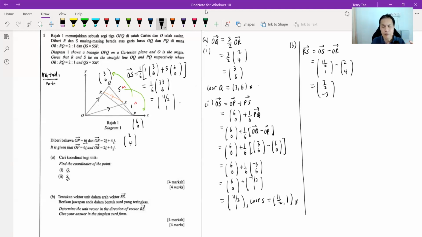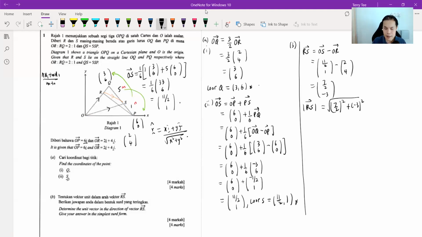So before you find the unit vector, remember, what is a unit vector? The unit vector for a vector R is the vector divided by its own magnitude. Yeah, we divide by the magnitude because we want to find per unit of that vector. Okay, the vector may have a magnitude of 5 units, so we're going to divide by 5. We want to find 1 unit. What is the vector? Let's find the magnitude of RS first by taking 7 over 2 squared, negative 3